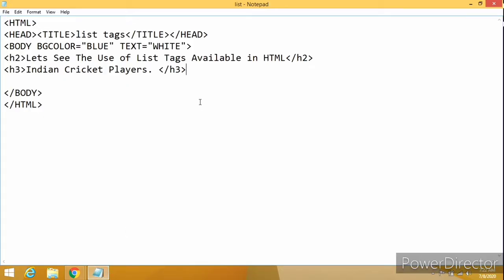Now let us create the list over here. So I will be creating first the ordered list, that is the OL list. As soon as I create it, I should close it so that I don't forget to close the OL tag. Okay, by default, can you tell me which type of list you will be getting when I am not having any attribute for the OL tag?